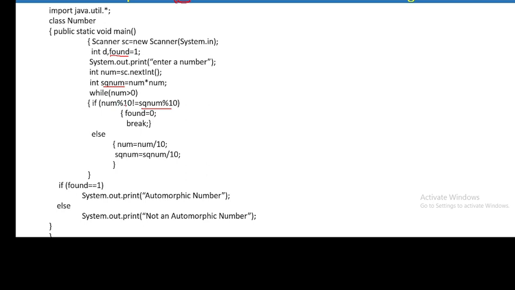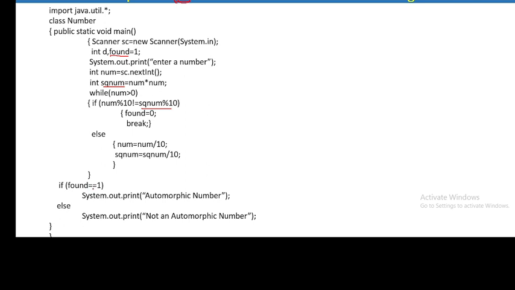First time num % 10 contains 5, if we take this example. तो separate out क्या होगा? पहले 5. और जब आप sqnum लेंगे तो उसमें भी separate out क्या आ जाएगा? सबसे last में 5. So क्या logic use कर रहे हैं इसमें कि in case they don't match, that means जब last digit ही match नहीं कर रही, then why to check further. यहीं पर हमें पता लग जाएगा that found is 0 and break, and we can say that number is not an automorphic number.